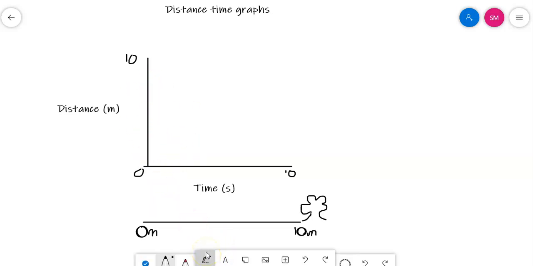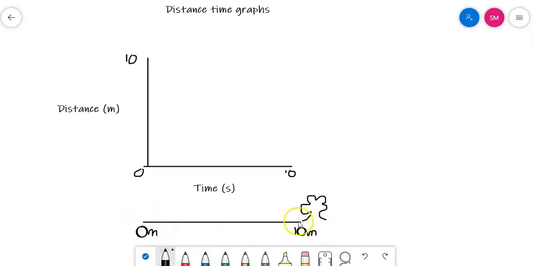So if I've drawn a little, just pretend this is a section of road, finishes in a tree, just to make this a bit more aesthetically pleasing. If we had an object that was moving along the road towards a tree. So if we had a box here that moved partway down the road, let's say it moved 5 meters down the road,